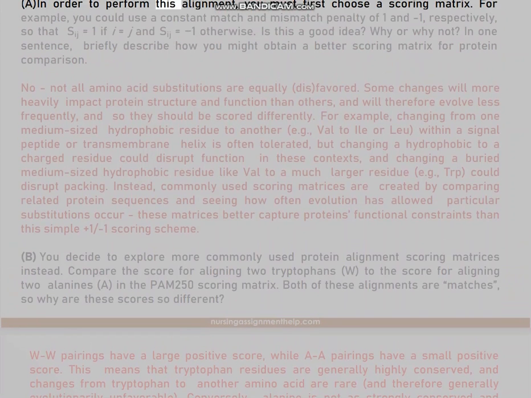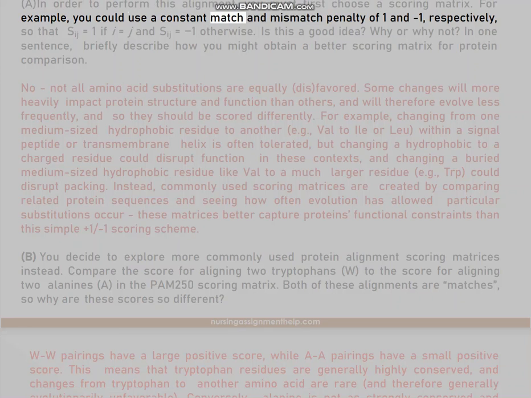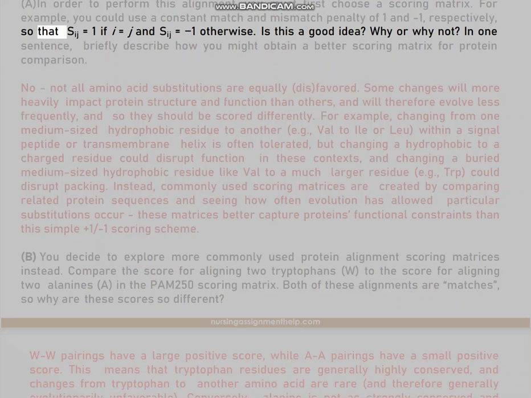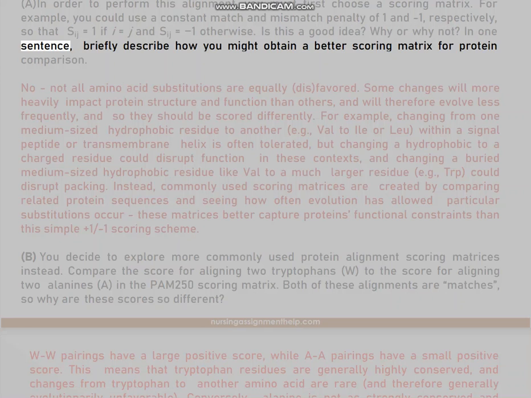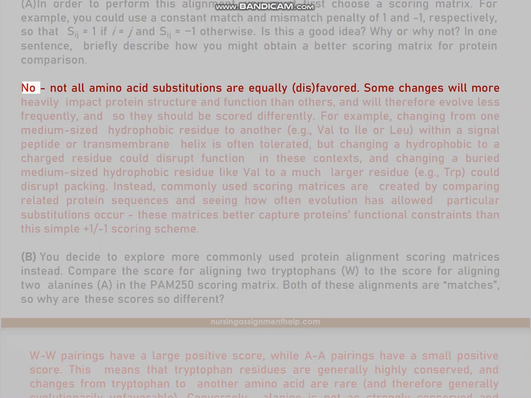In order to perform this alignment, you must first choose a scoring matrix. For example, you could use a constant match and mismatch penalty of 1 and -1, respectively, so that S(i,j) equals 1 if i equals j and S(i,j) equals -1 otherwise. Is this a good idea? Why or why not? In one sentence, briefly describe how you might obtain a better scoring matrix for protein comparison. No, not all amino acid substitutions are equally